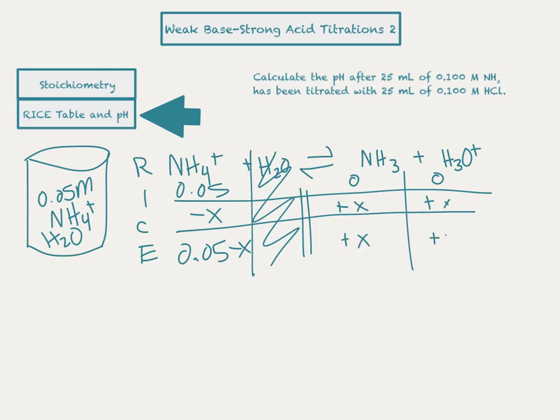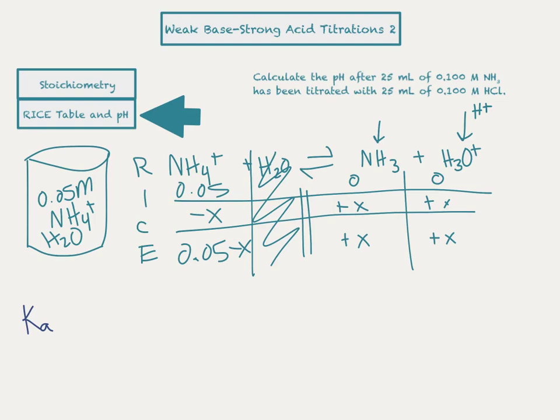Now, I don't particularly care how much of my ammonia I make, but I do care how much of the hydronium ions I make. Those are the same thing as H+, and those will control the pH change that we're looking for. So now, I just need to set up my K expression